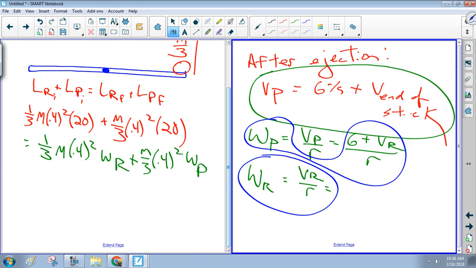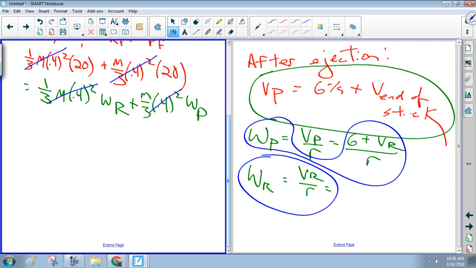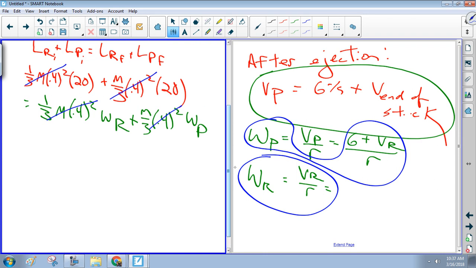Systems of equations. I hate this. All right, so here we go. Before I go any further, I feel like we can simplify some of this. Everything has 1/3 m times 0.4 squared in it, right? So all of this cancels out. We can cancel everything in blue. Right? So now I'm looking at 20 plus 20 on one side, so that's just 40,